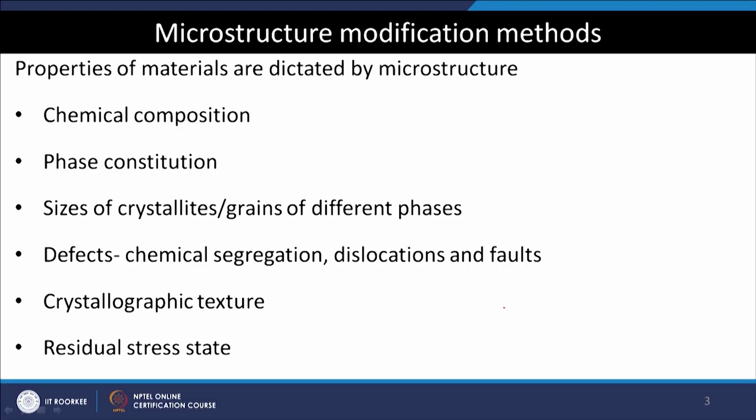So, for example, if we have a component and on its surface there is a defect like this, and there are no macroscopic stresses acting on this component, that means it is stress free, then if you apply the load,